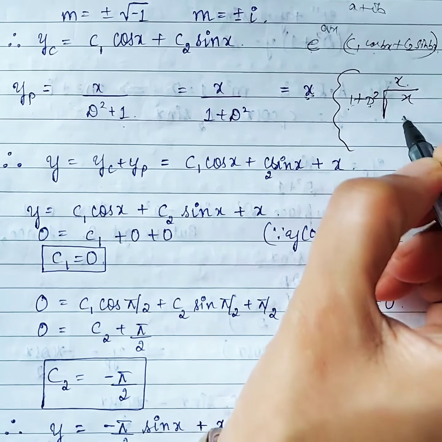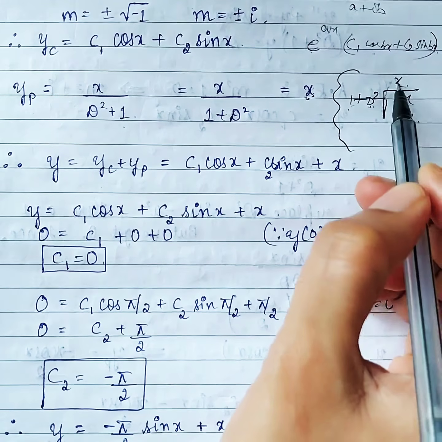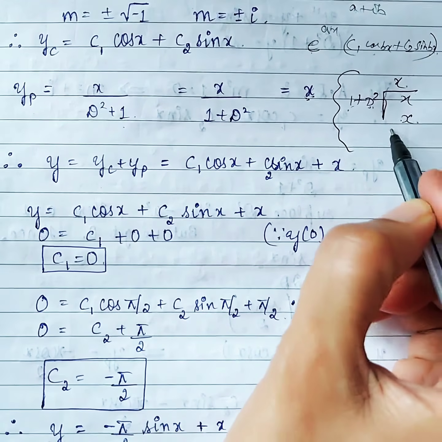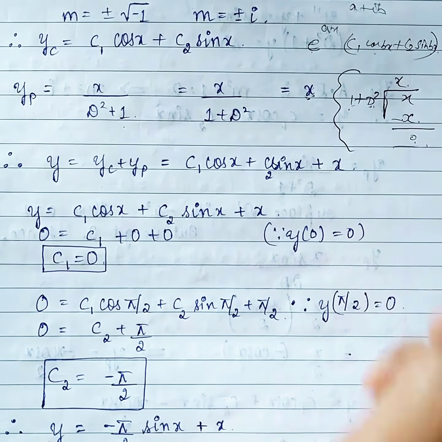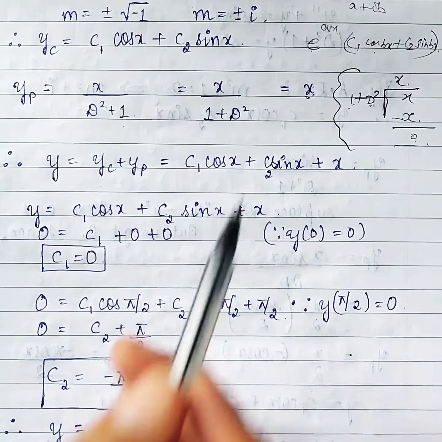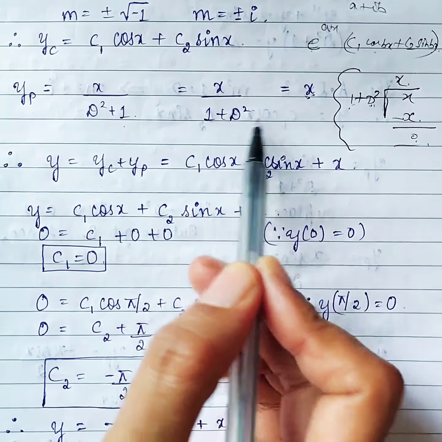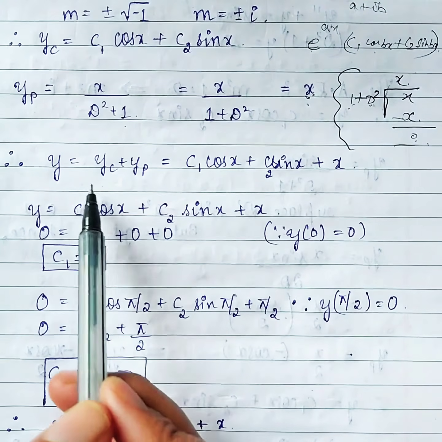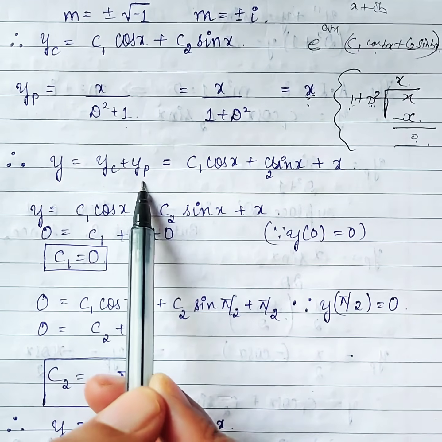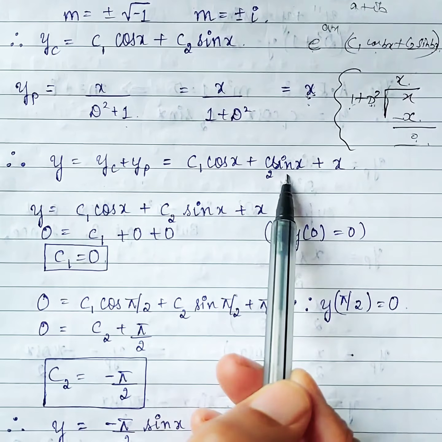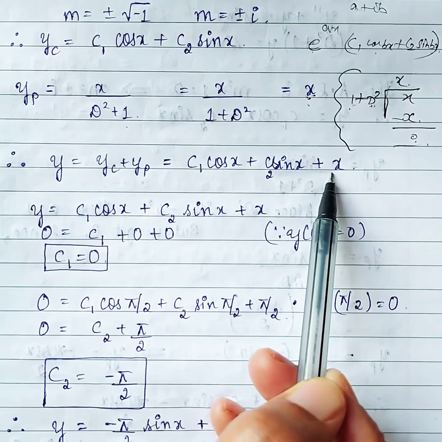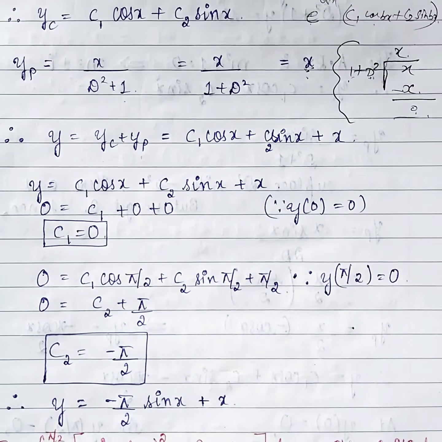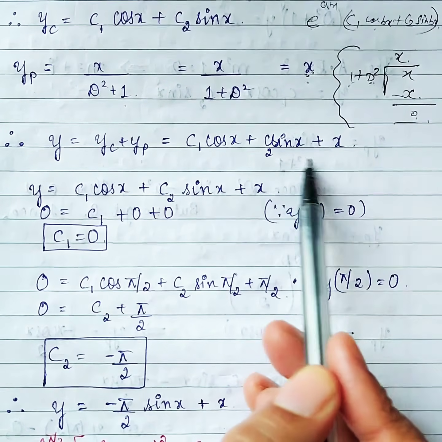1 into x will become x. Then differentiation of x 2 times will become 0. So I don't have any problem. And while subtracting, I will get 0. So that is why x by 1 plus d square value is x. So we are done with this part. As usual, y is equal to yc plus yp, c1 cos x plus c2 sin x plus this particular solution x. Finally, what we have to do is,